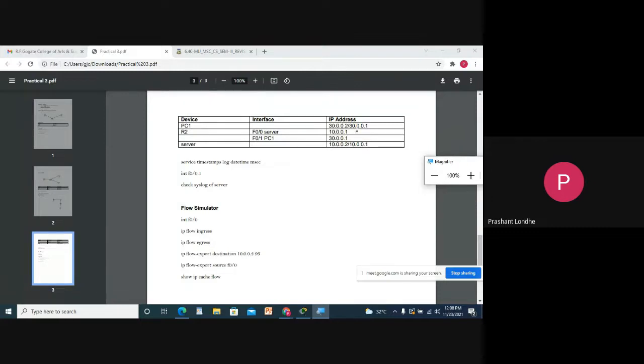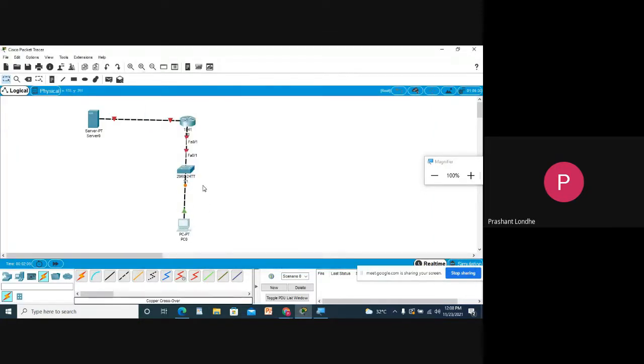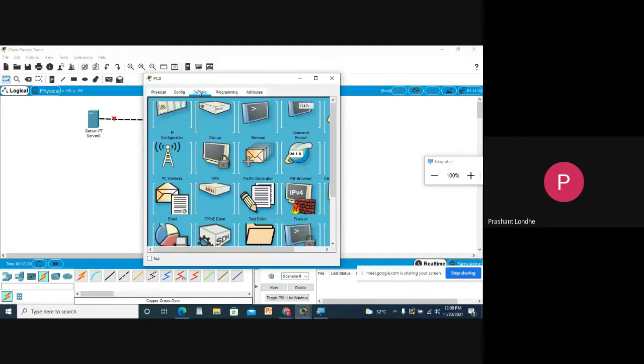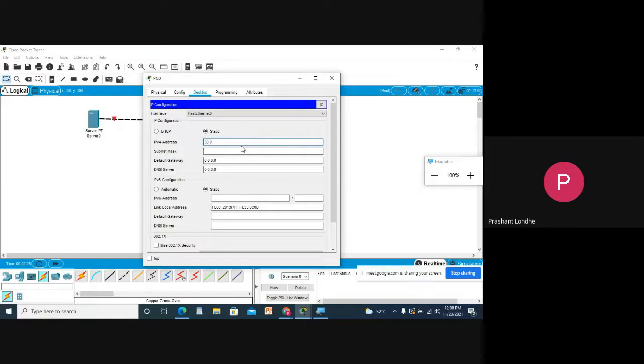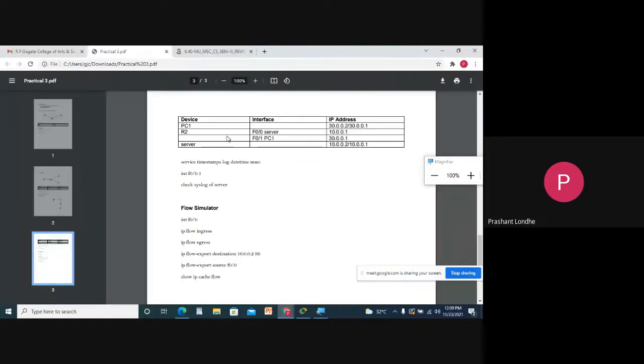PC1 is 30.0.0.2 and the default gateway is 30.0.0.1. Let it get converted into green first. 30.0.0.2 with the 30 subnet mask and 30.0.0.1. What is the IP address for R2?